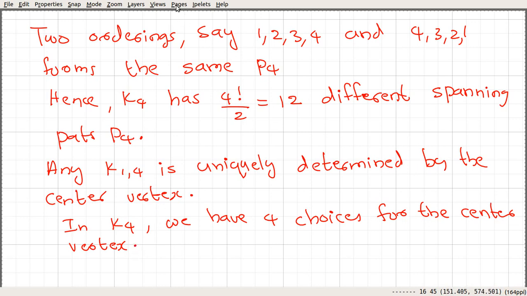So that says K4 has 4 different spanning K1,3 trees.